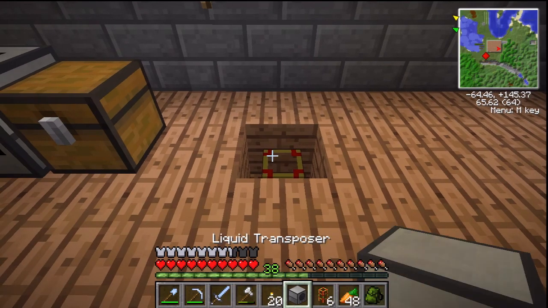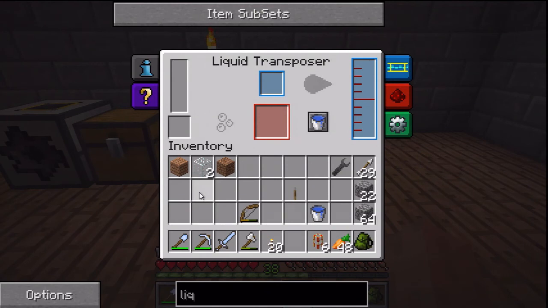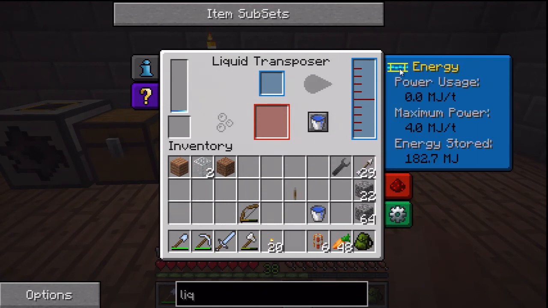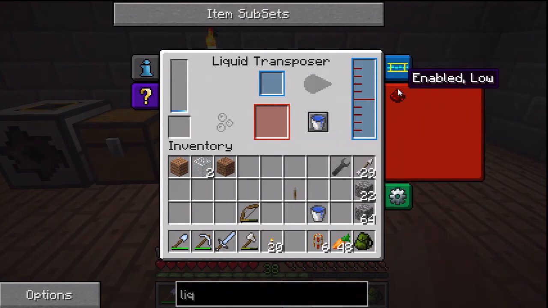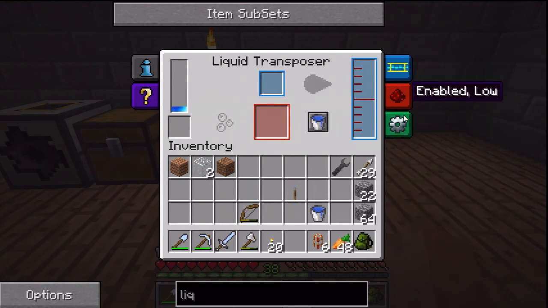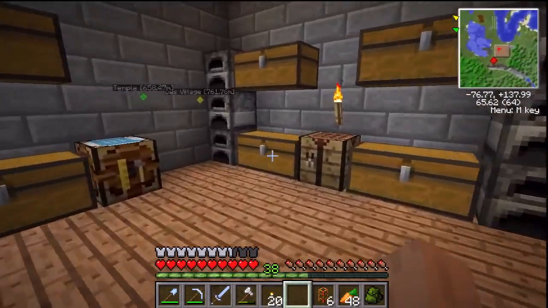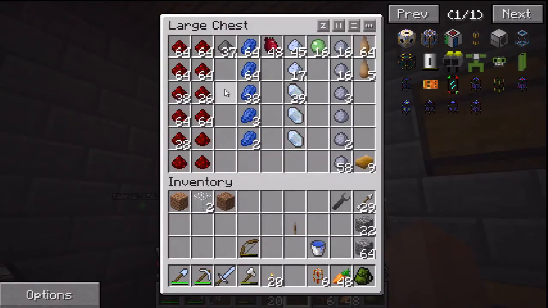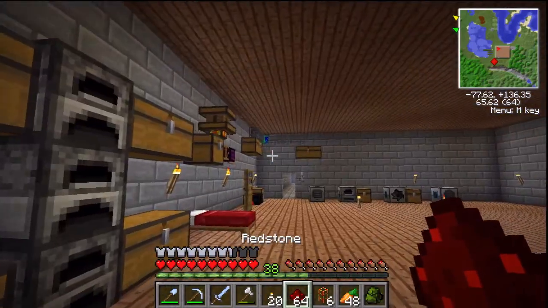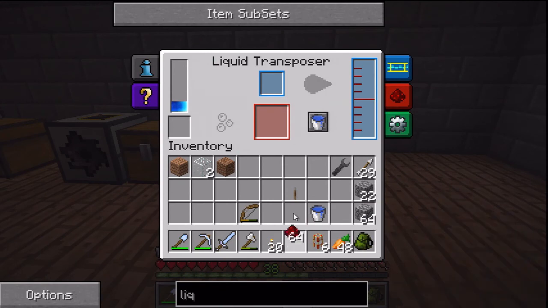So if we put the liquid transposer thingy-majiggy down, that should start to get some power. Yep, it's starting to fill with power. Don't want the bottom to do anything, because that's for power. Don't really care about inputs and outputs yet. But I believe, surely this is as simple as grabbing a stack of my redstone and putting the redstone